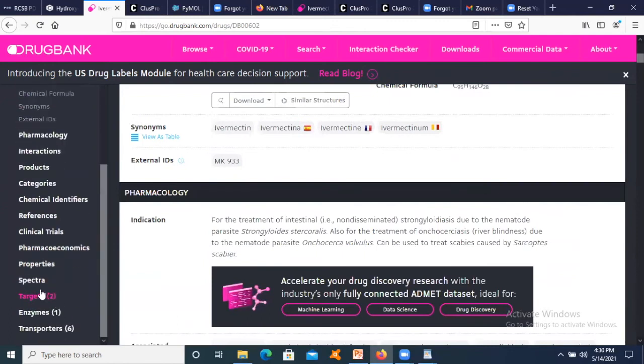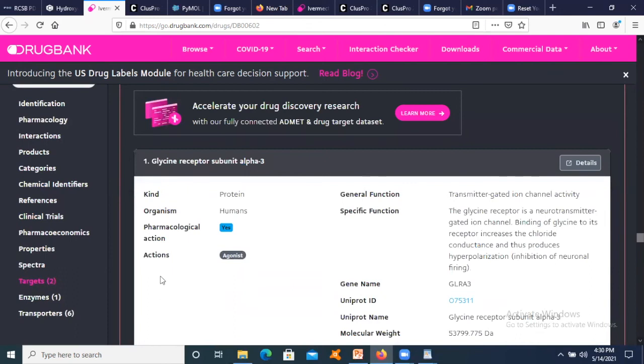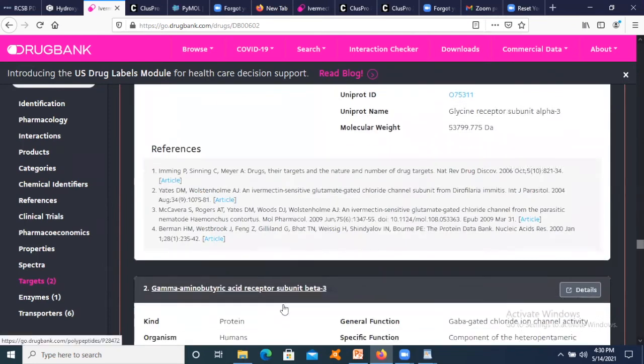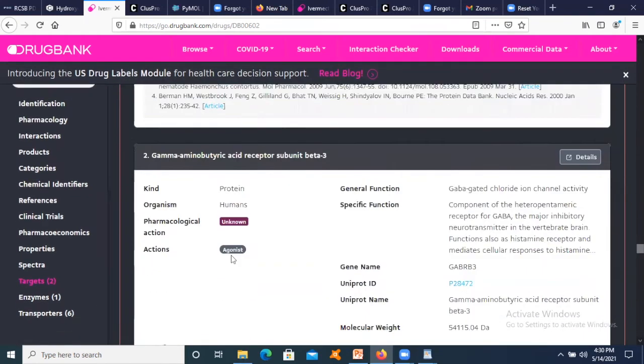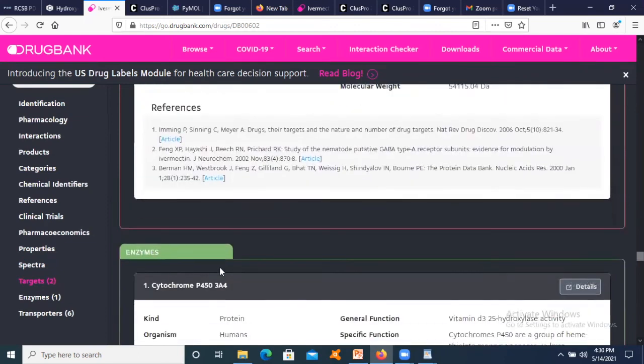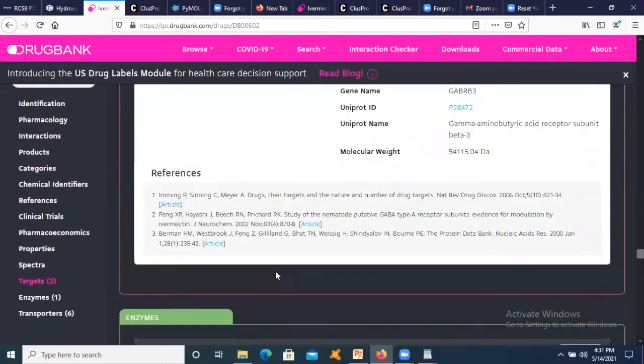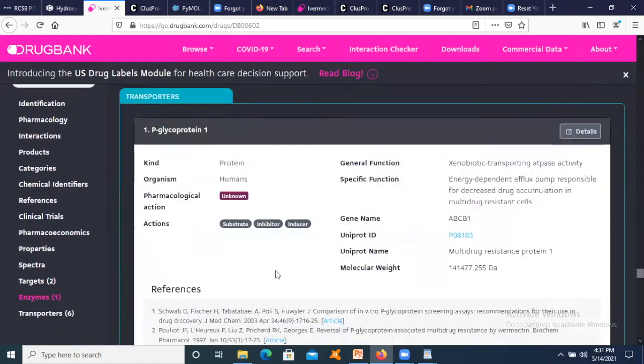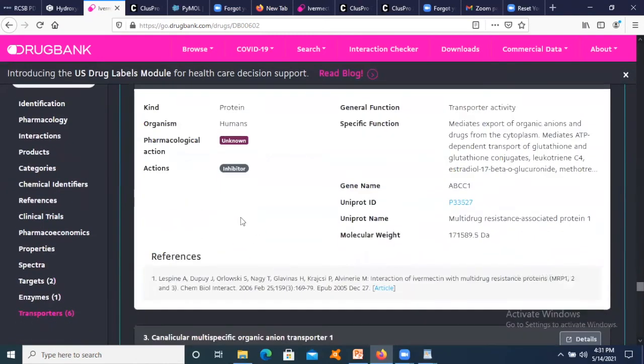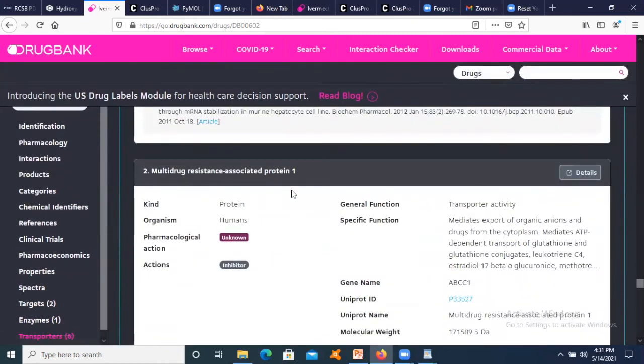One of the most interesting pieces of information is the targets. If you go to targets, you can see a few target proteins, such as glycine. This particular ivermectin is an agonist of glycine receptor subunit alpha 3. These are the papers that have reported that. Then it is an agonist of gamma aminobutyric acid receptor subunit beta 3. Then it is an inhibitor of multi-drug resistance associated protein.